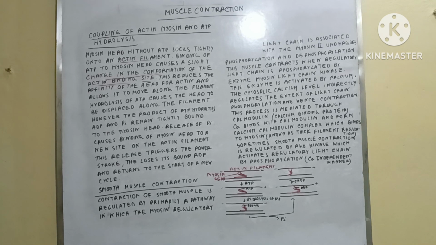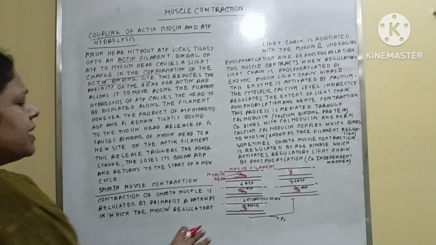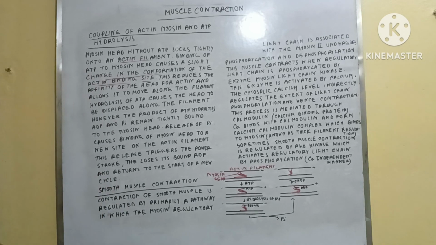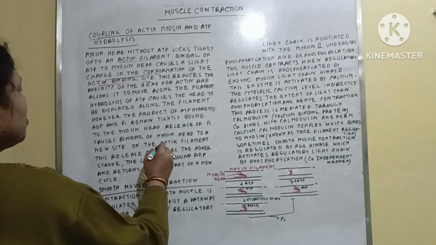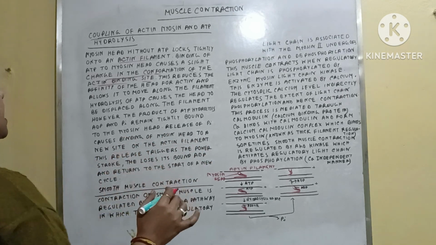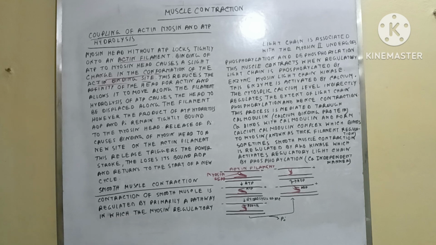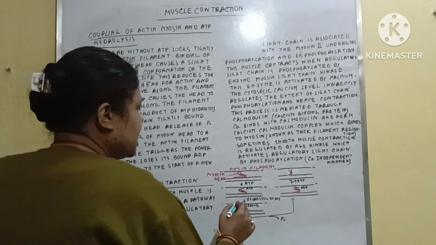Okay, and when this Pi is released from the myosin head, then what will happen? Binding of the myosin head to a new site on the actin filament occurs. That means what it is saying is that